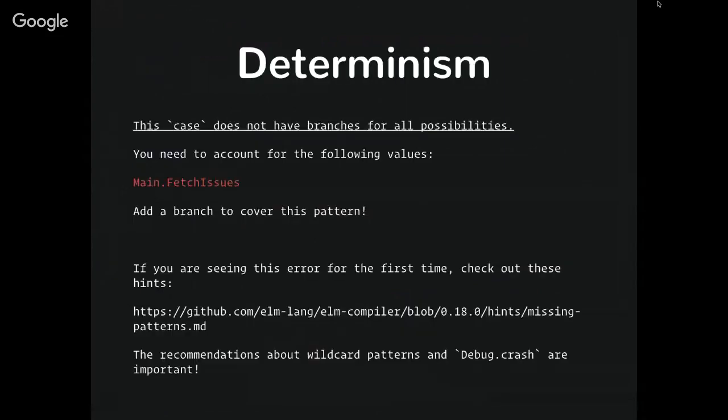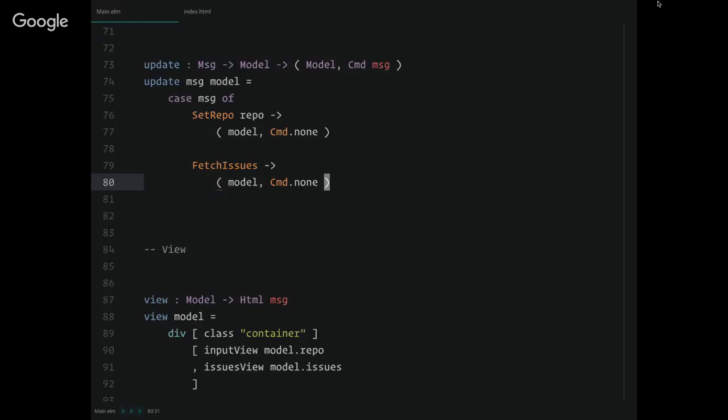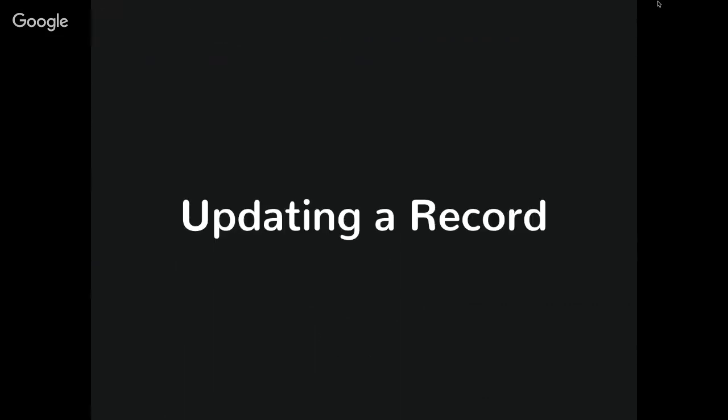That's down here. It says the fetch issues. So our type was message, and type can be one of those two things I mentioned before, set repo or fetch issues. And we have to cover this pattern or it's not going to accept it. So once we add it in there, it happily lets the program compile and it's good to go.